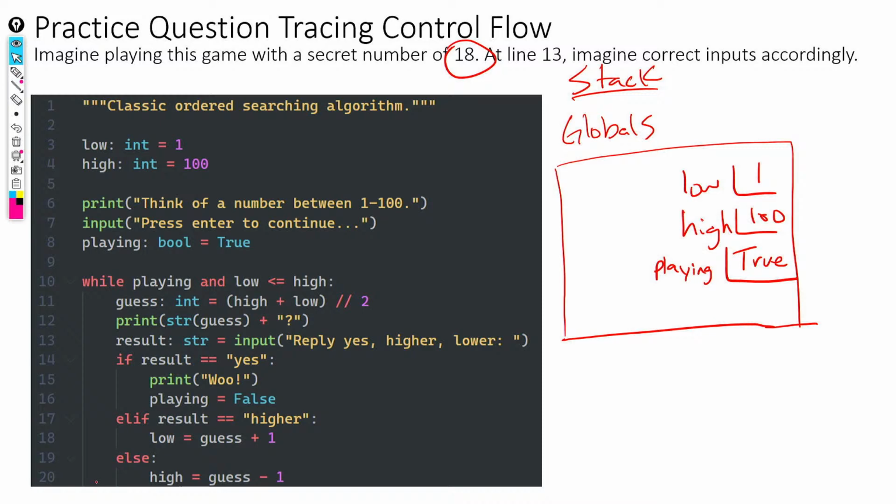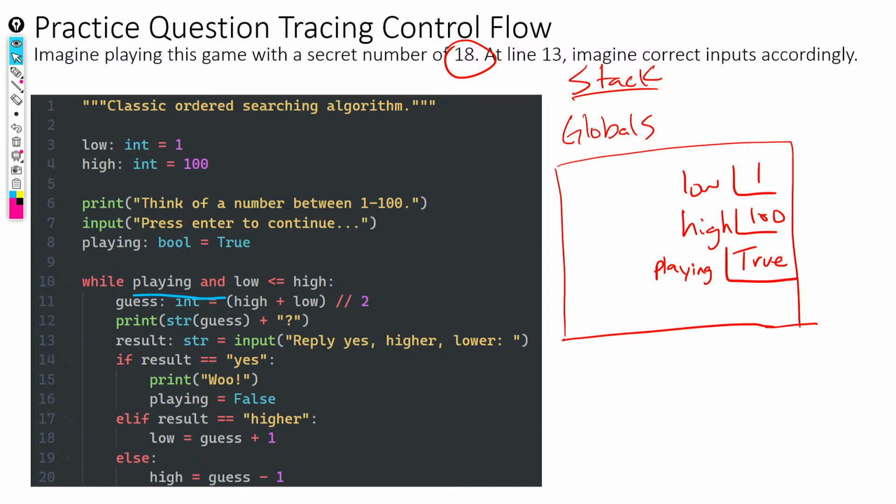When we get to the loop, and I'm going to need to change colors here. I shouldn't have started in red. Sorry about that. When we get to the loop, we see that we have a compound Boolean statement. So you learned about and, or, and not. Those are our Boolean operators. And here we're saying, while playing, and notice we can do this because playing is either going to be true or false, just by virtue of being a Boolean value. So we're asking, is playing true? And yes, playing is true.